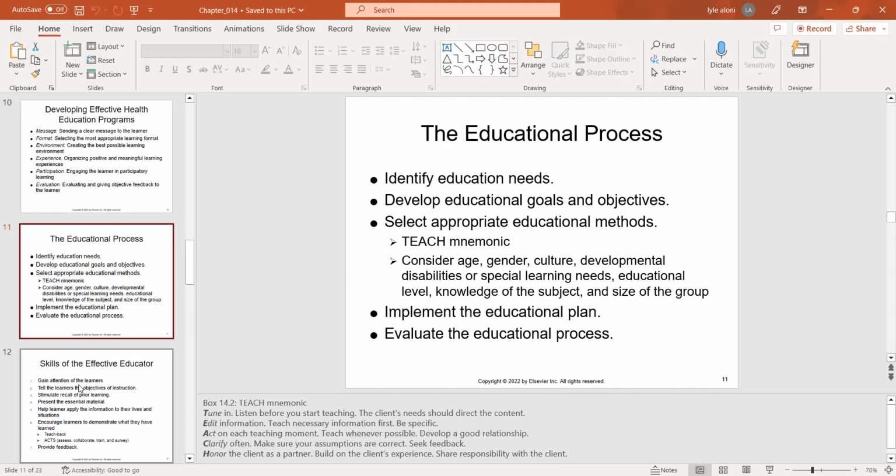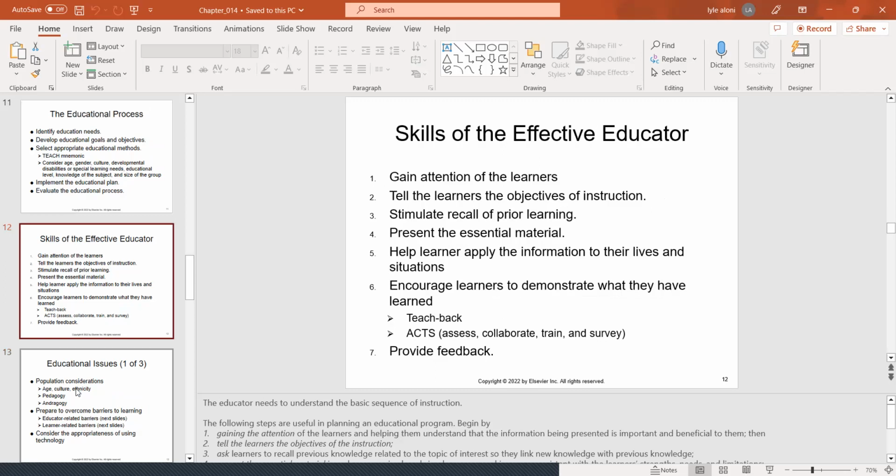We're going to act on each teaching moment, clarify often, and honor the client as a partner. So we take a look at considering age, gender, culture, developmental or special learning needs, education level before we plan that. The educator needs to understand the basic sequence of instruction. So skills of an effective educator: gain the attention of the learners, tell the learners your objective, stimulate recall of